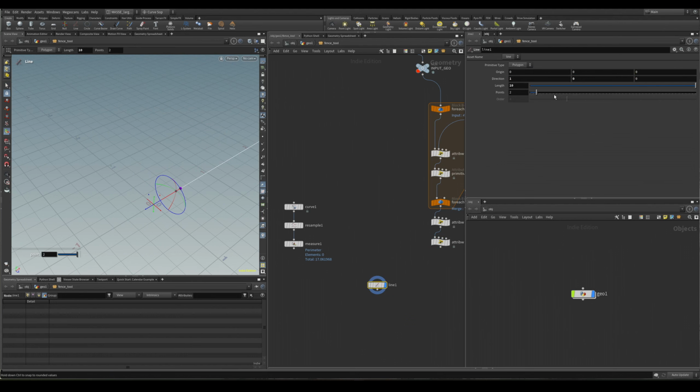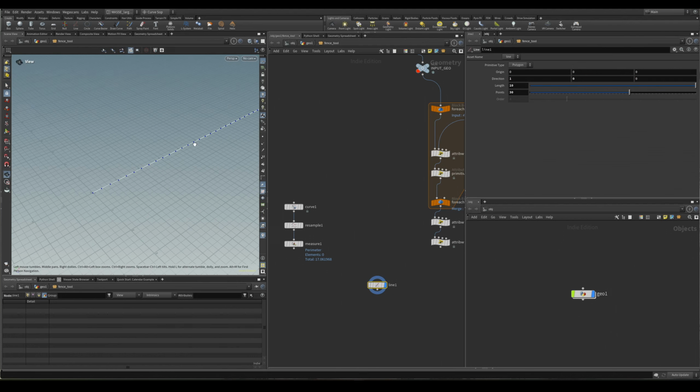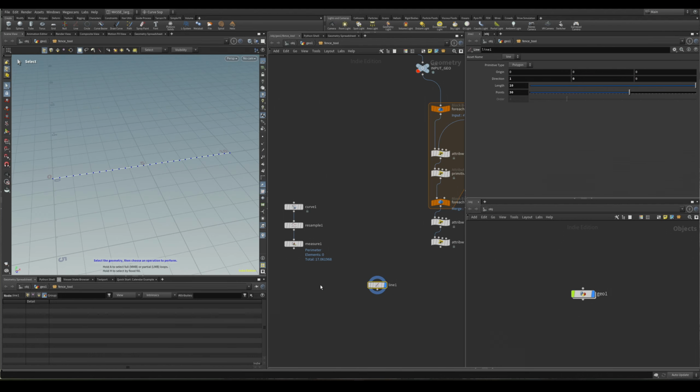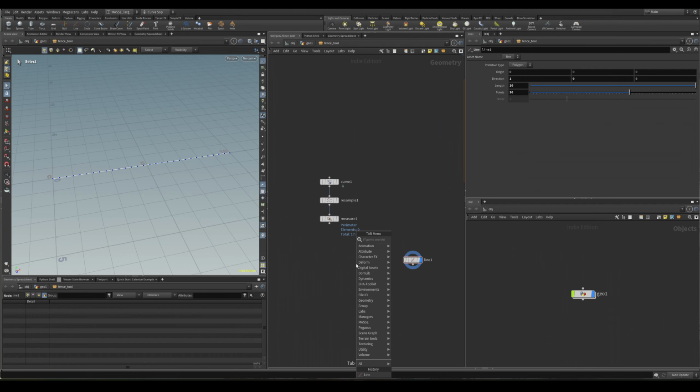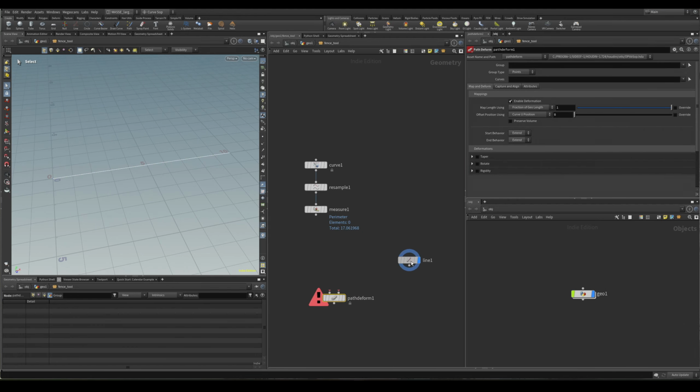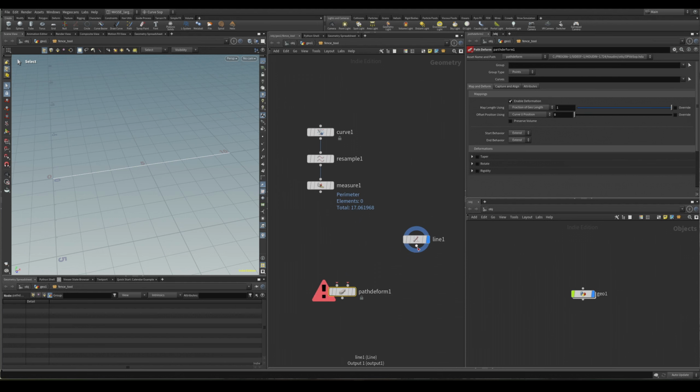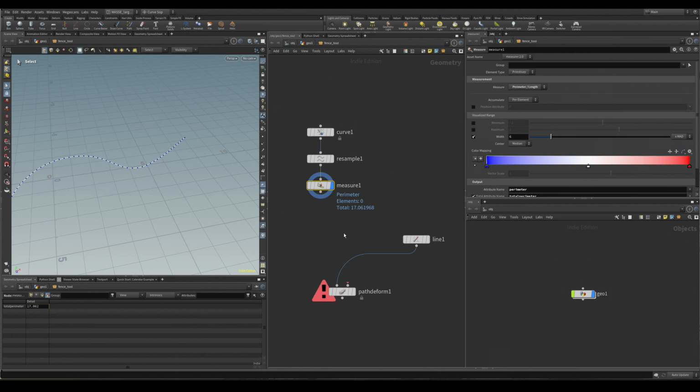Make its length maybe 10. Add more points. And what we can actually do is Houdini has a path deform node, which is exactly for this kind of instance where we have my line, which requires geometry to deform, and then the path we want to deform it to, which is our